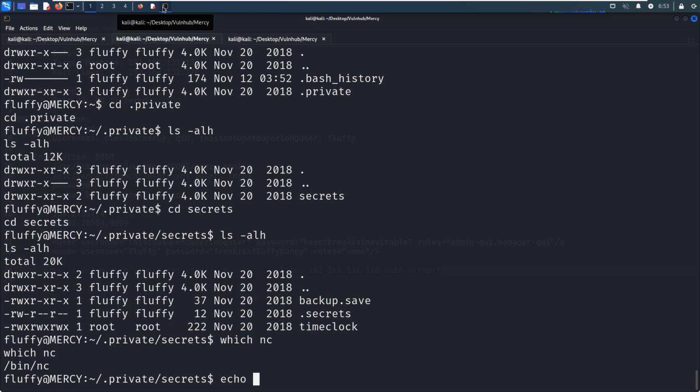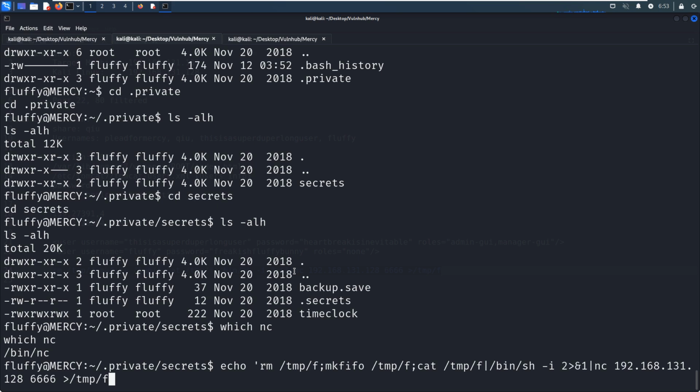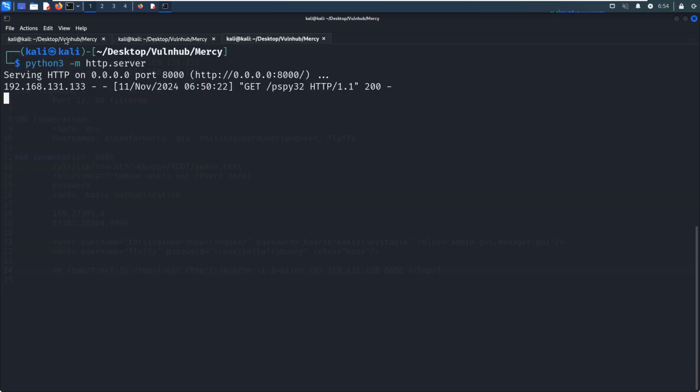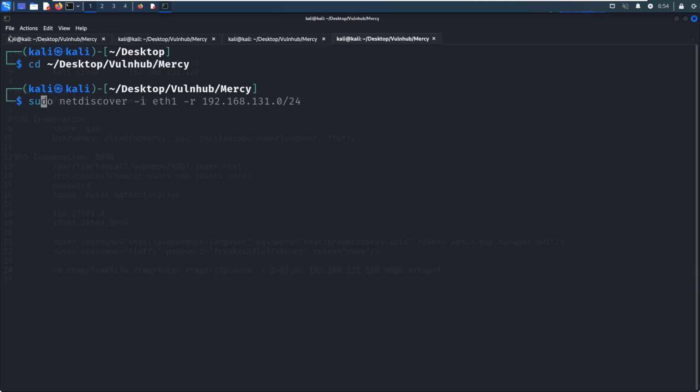We can copy, and we can echo it and save to time clock. We can copy and paste. It's done. Next, we need to set up another listener. Right?